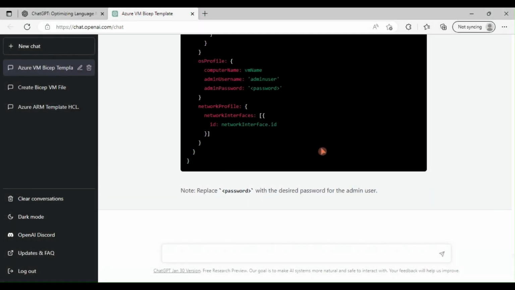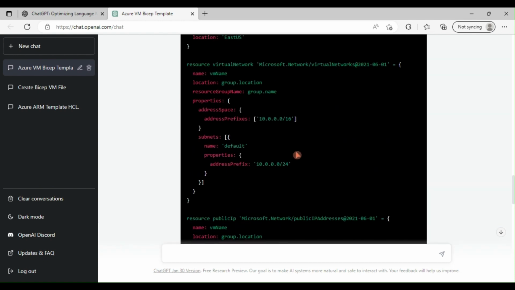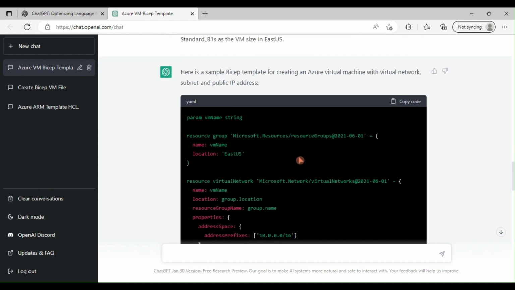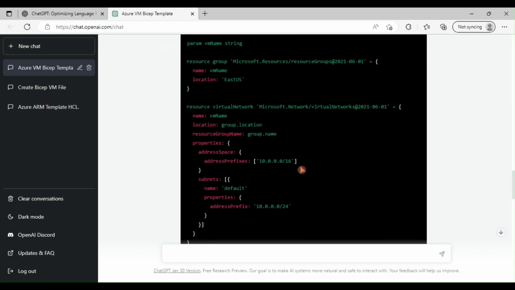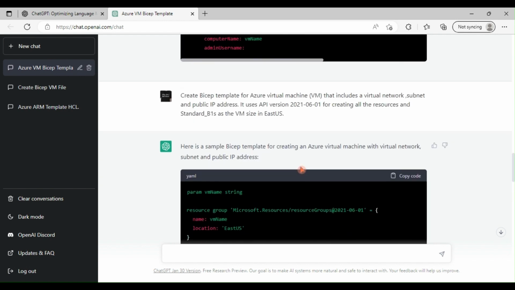All right, our script is now ready, and it is giving the instruction to replace the password with the desired password for the admin user. So the Bicep script is ready to create a virtual machine. I will copy this code, go to Visual Studio Code, and execute this Bicep script and see how it is going to create